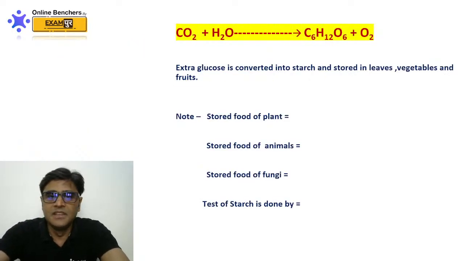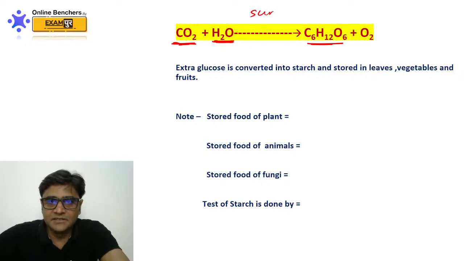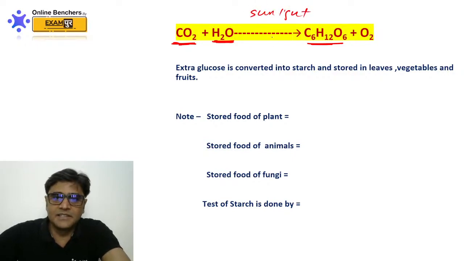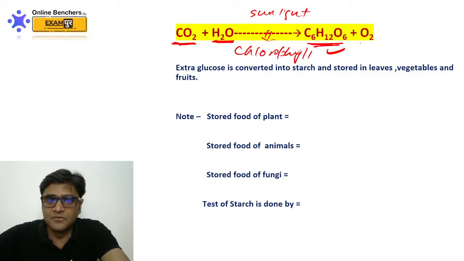Okay, now this is the chemical equation of photosynthesis: CO2, water. So CO2 combines with water in the presence of sunlight, and this sunlight is absorbed by chlorophyll, and plants make their food, that is glucose, and also give us oxygen. This is the chemical equation of photosynthesis. Now